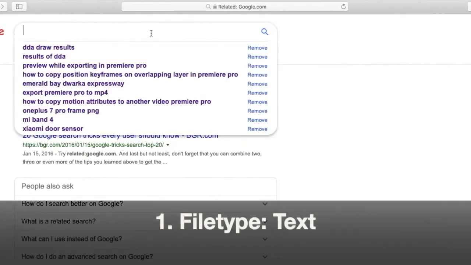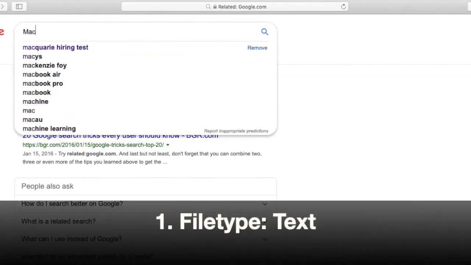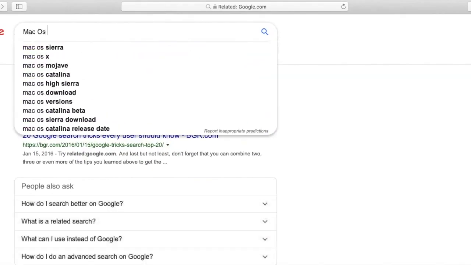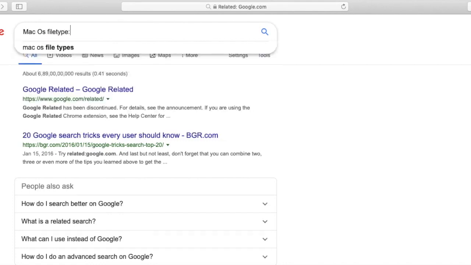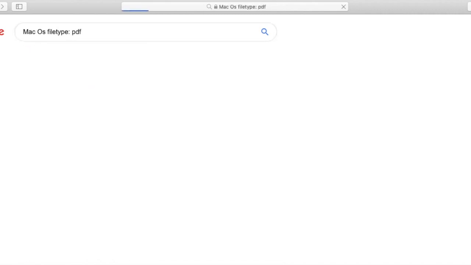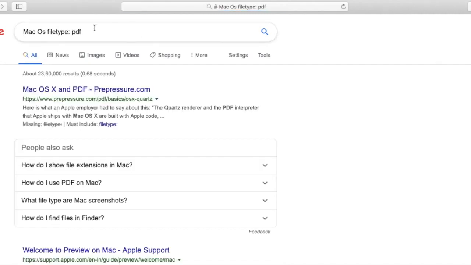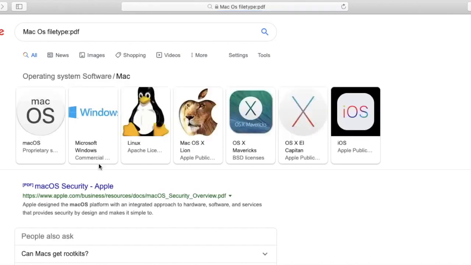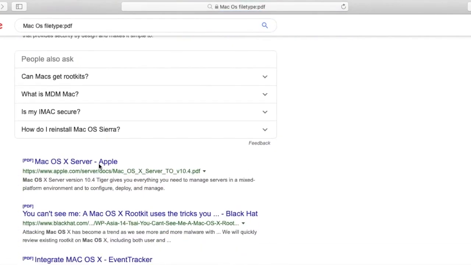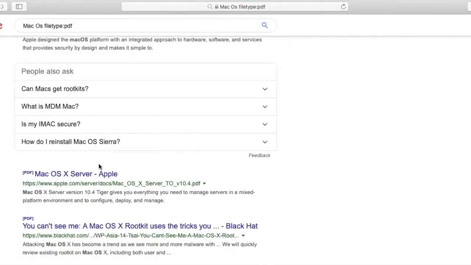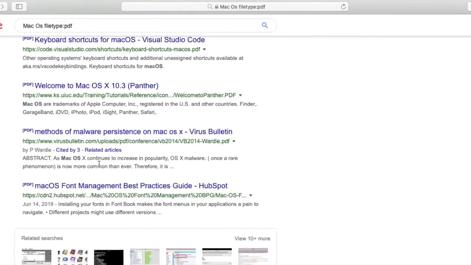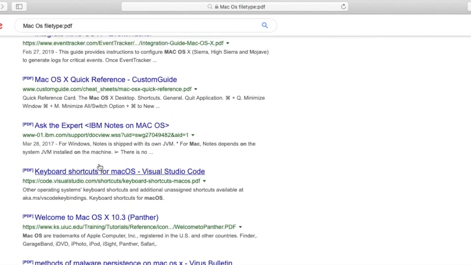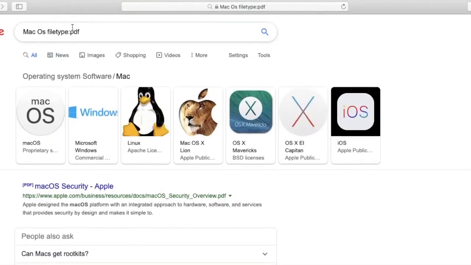Friends, starting from the very first one, that is searching. You just need to put any search query and then you have to write file type as PDF or doc. Then all the results will showcase only the links that contain a PDF or a document file. So this is the easiest way to find a research paper or anything that is published as a file type as PDF or doc.